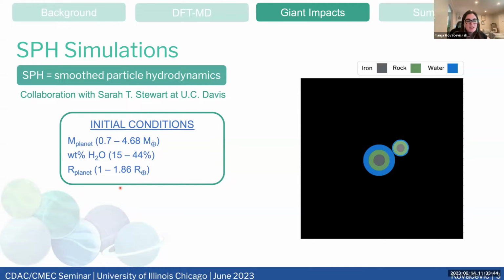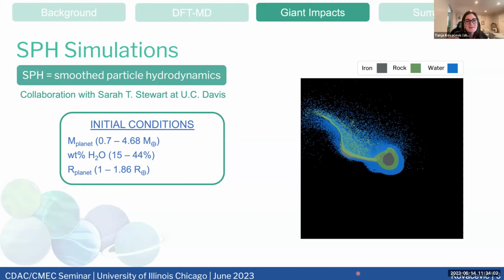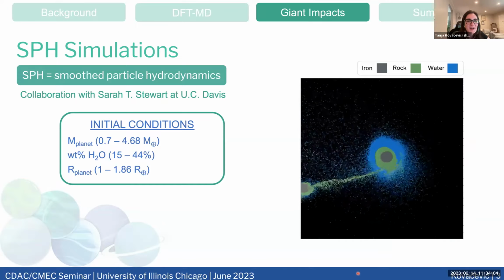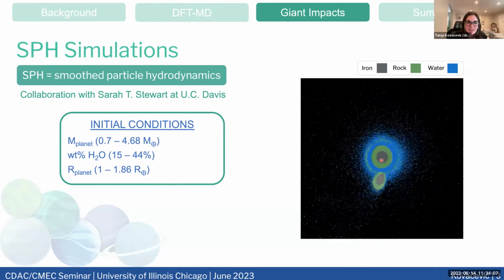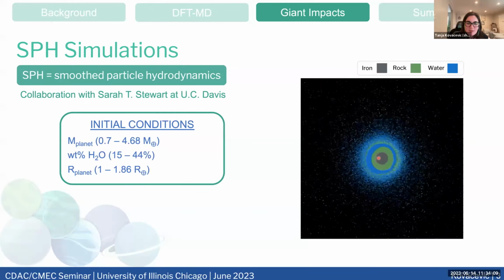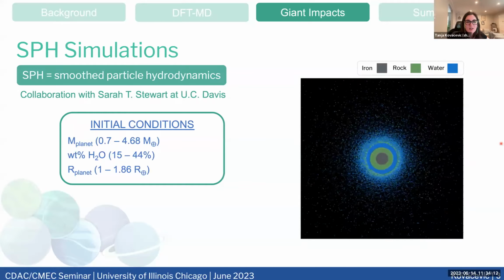It has all the simulations tabulated, but she has 2 planets where we have an iron core, rocky mantle, and this huge water layer overlaid. So, going back to that initial 3-layer water world we were thinking about. And then she's going to run simulations. I love showing simulations, and these impact simulations are the coolest to watch. So she centered the simulation on this planet, and we have a graze and merge event where 2 planetesimals become 1.